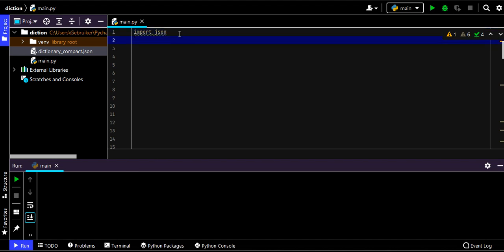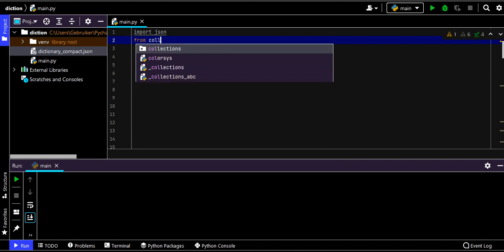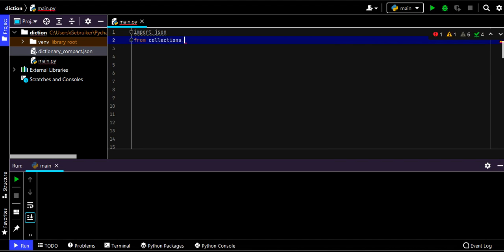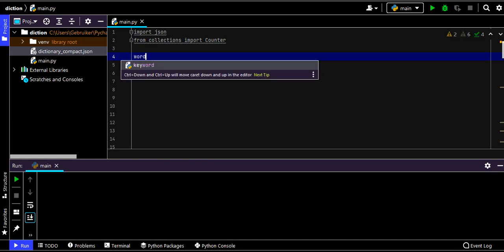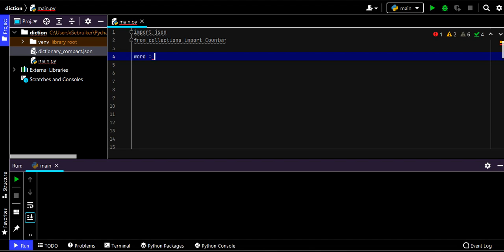Now, import json. The next thing we need to do is to say from collections, and I'm going to explain this one, it is very important, import Counter. What Counter does is check the frequency of, for example, a string like a word. It checks the frequency of the letters. Let me show you an example here. Let's say we have a word. Let's just call it word. And this word is